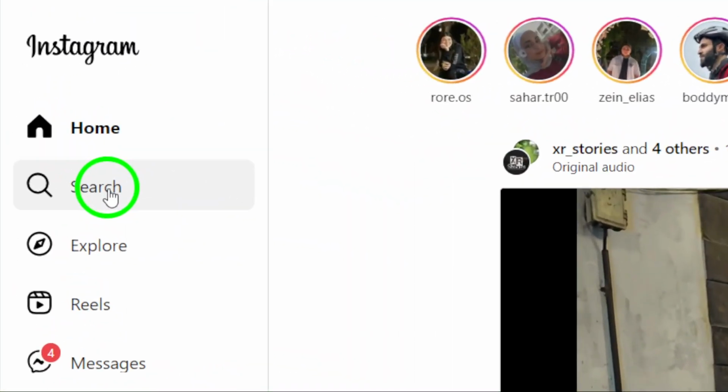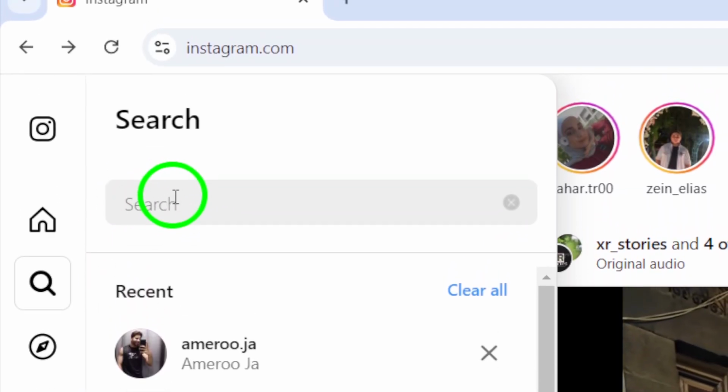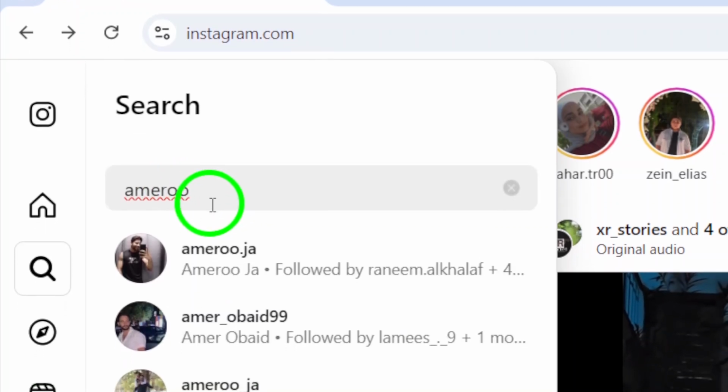To do this, simply head to the search bar at the top of the screen. Type in the username of the person you want to block. Instagram will show you a list of accounts related to your search, so just click on the right profile to